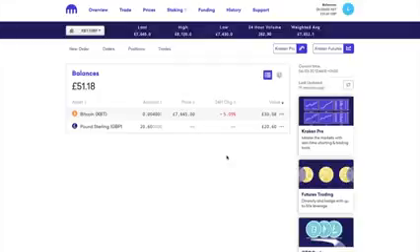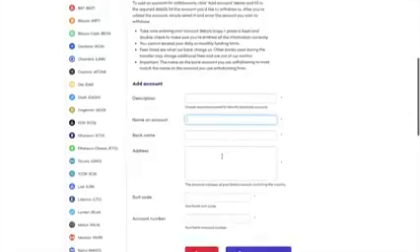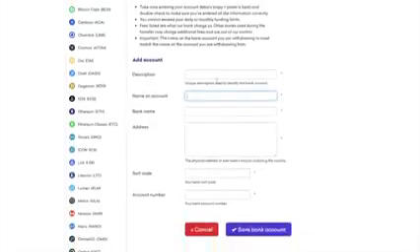So now that you've traded your Bitcoin in for your chosen currency, you can then withdraw this back to your bank account. So to withdraw this amount of GBP, you can click on the three dots under your overview or under your balance and go to withdraw. Just be aware though that again there's minimum amounts of £100 and fees of £1.95 for backs. And to withdraw to your chosen bank account, you simply enter in your bank account by filling in all the required details such as a description that you can use as an identifier for that bank account,